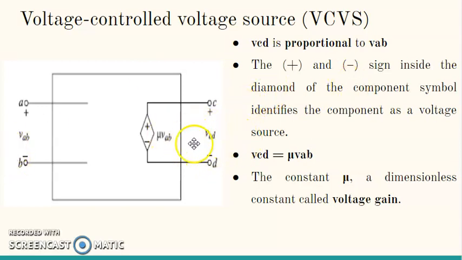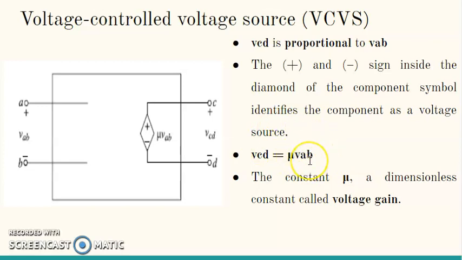Here you can see that the value of the output voltage of the source is VCD. As it is indicated in a diamond shaped box, we know that it is a dependent source, and within that diamond the polarity, plus and minus, is shown. It indicates that it is a voltage source. Now the value of this voltage VCD is equal to mu into VAB. VAB is some other voltage and mu is a constant. In short,